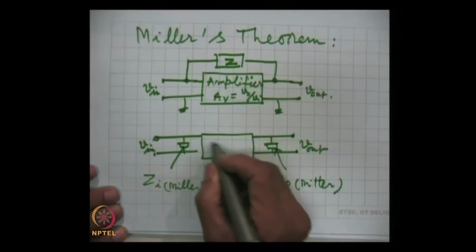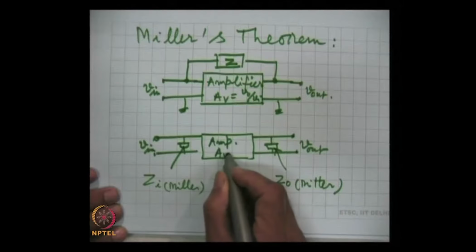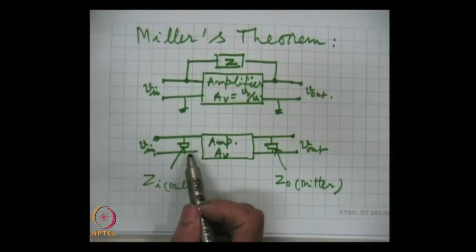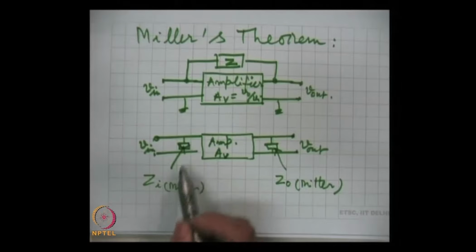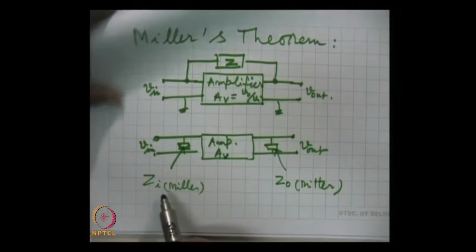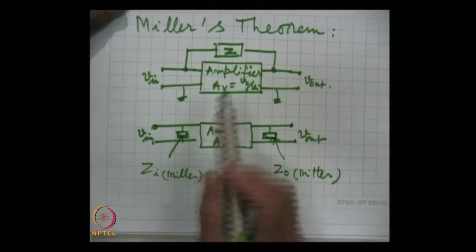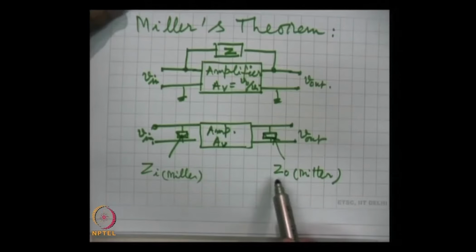This is the amplifier with gain AV. This can be transformed into this, where this is the equivalent impedance which is given by Miller, and I write the expression for it. Similarly, at the output, what will be the effect of this Z, that is ZO Miller, and the expressions for the two are